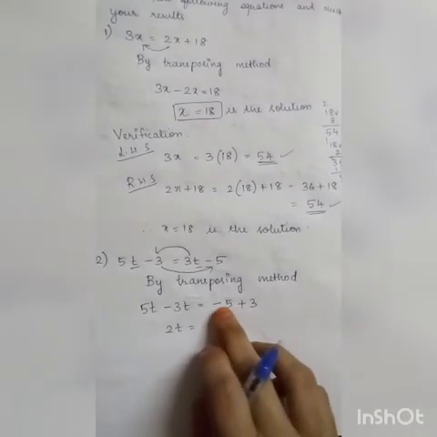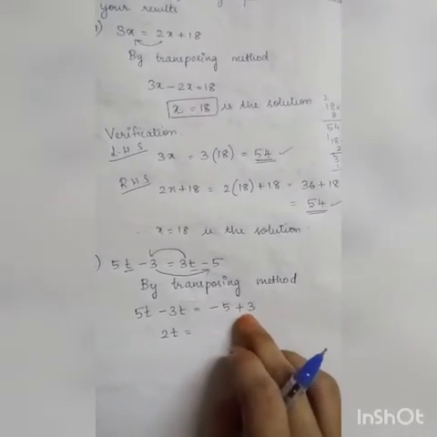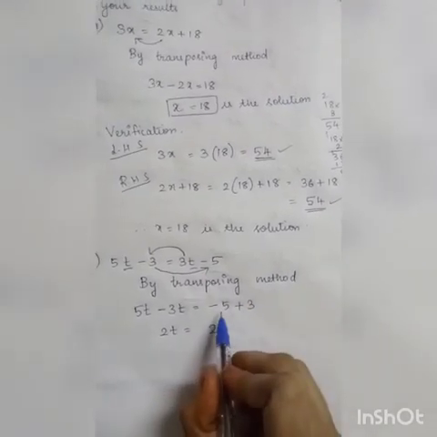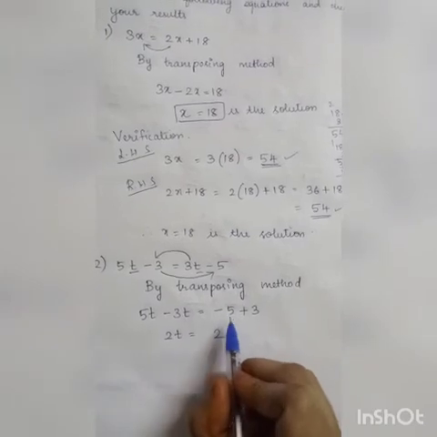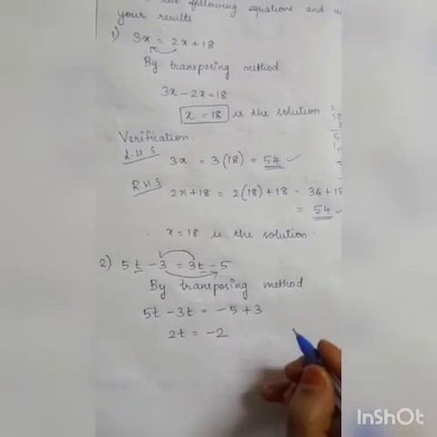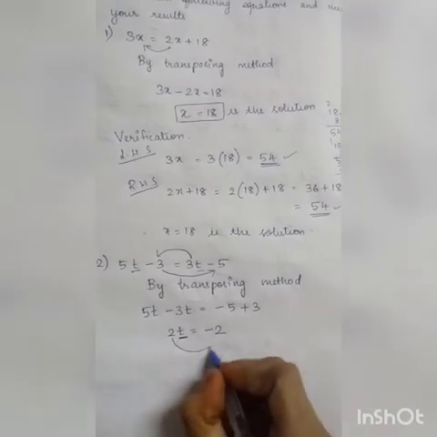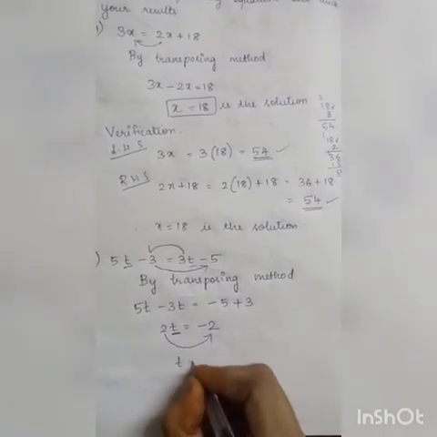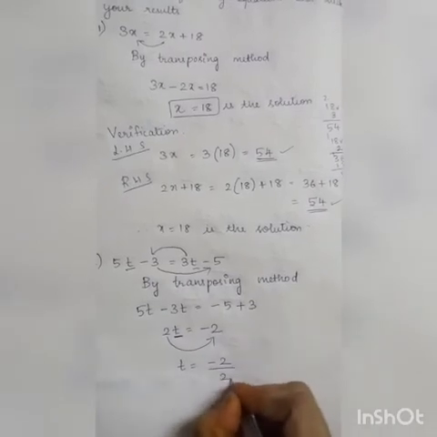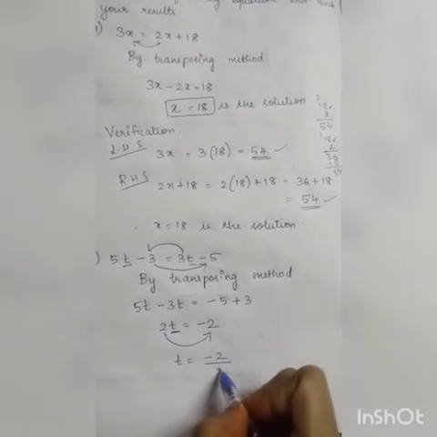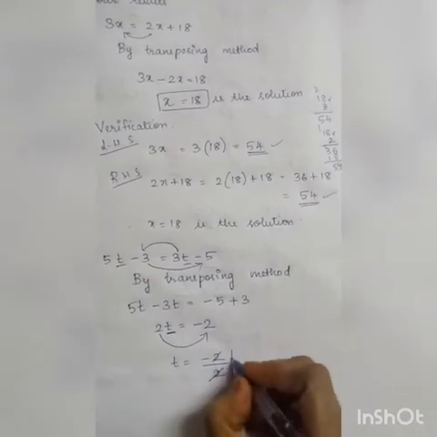It is a different sign. So what you will do? You will subtract it. 5 minus 3 is 2. What is the greater number? 5. What is the sign of the answer? Minus. So minus 5 plus 3 is minus 2. Now we want only the value of t. So I am bringing this 2 to that side. t is equal to minus 2 divided by 2. Why? It is in multiplication. If it goes that side, it becomes division. 2 ones are 2, 2 ones are 2.